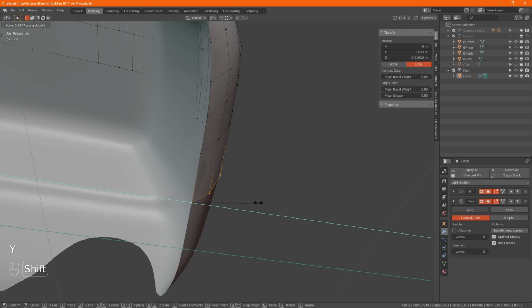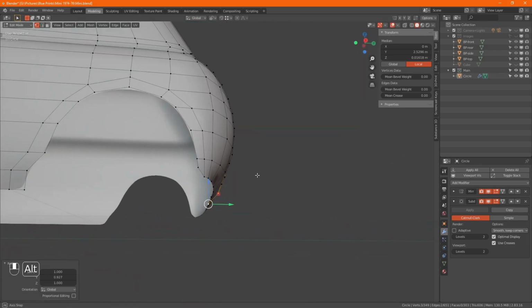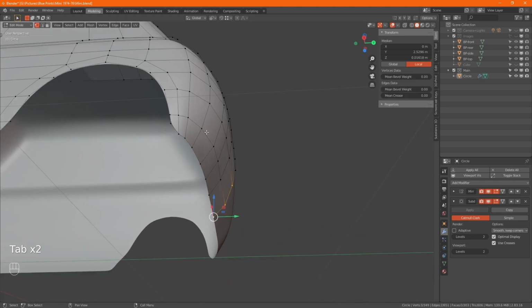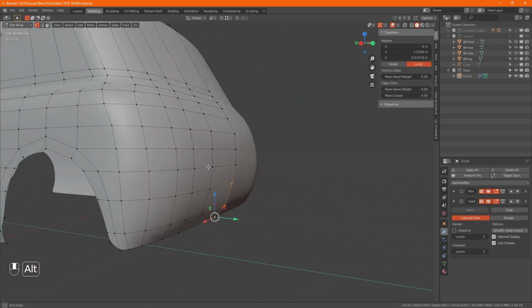Scale on up. Right. I believe that fixed it. That was nice and easy.